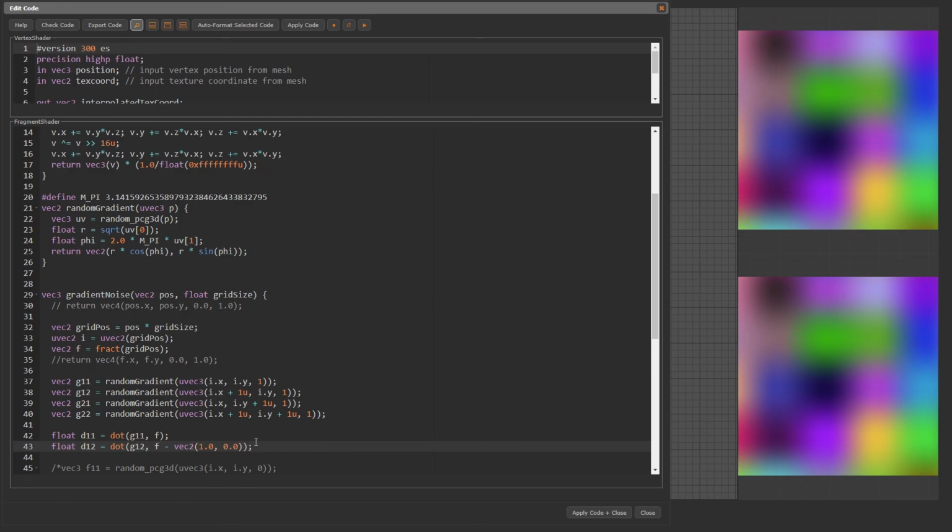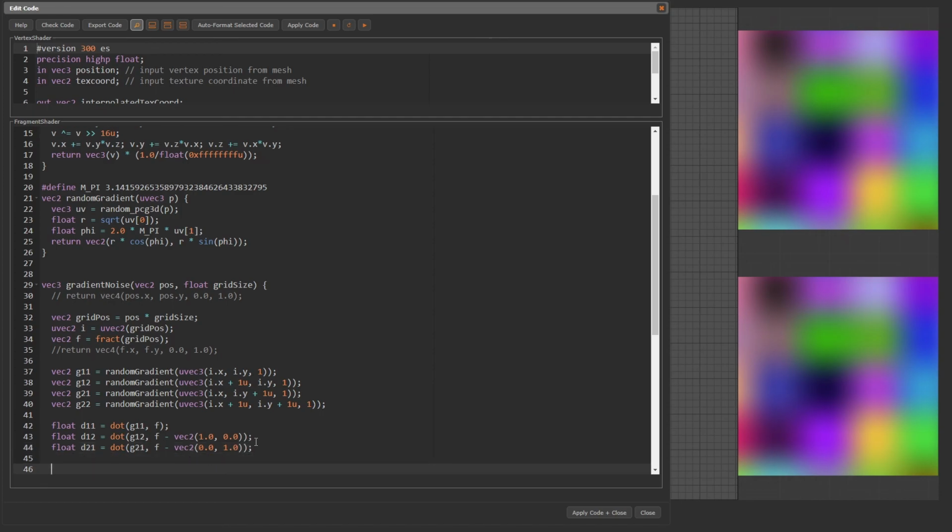Then for the grid position above, float d21 equals dot(g21, f minus vec2(0.0, 1.0)). And lastly, float d22 equals dot(g22, f minus vec2(1.0, 1.0)).